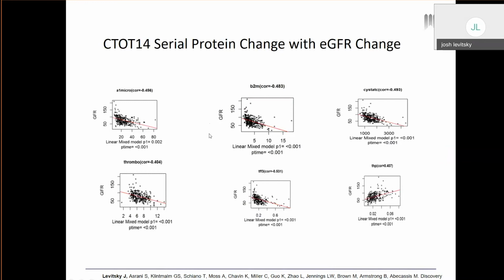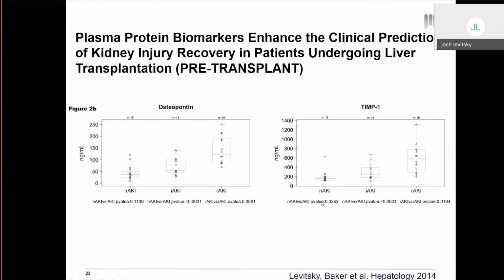As time goes on, as GFR is getting worse, you have increasing levels of beta-2 microglobulin, as well as these other proteins, alpha-1 microglobulin, cystatin C, etc. So there's correlation with these levels with GFR deterioration. And we also, just as an aside, have been interested in pre-transplant prediction of recovery after a liver transplant